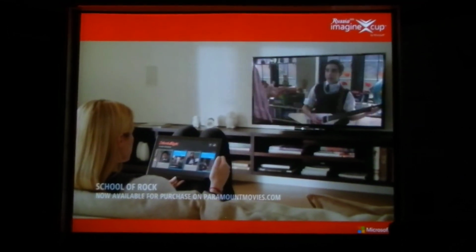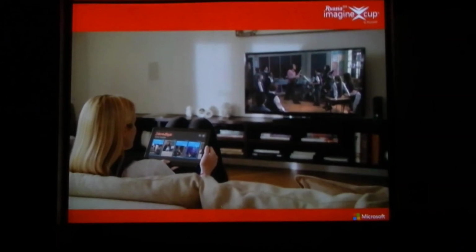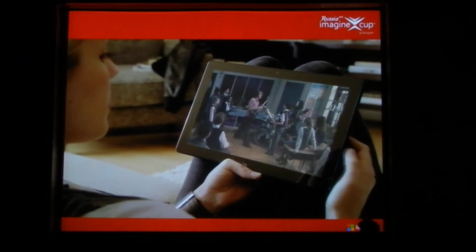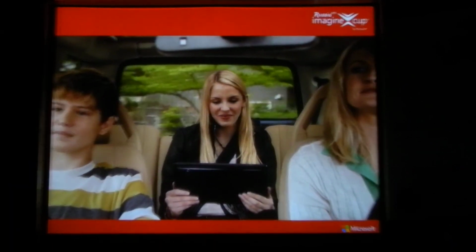Your devices not only work together, they play together. Time to go. Okay. And movies go where you go. It's amazing when learning brings this much laughter. And TV is something you can play.